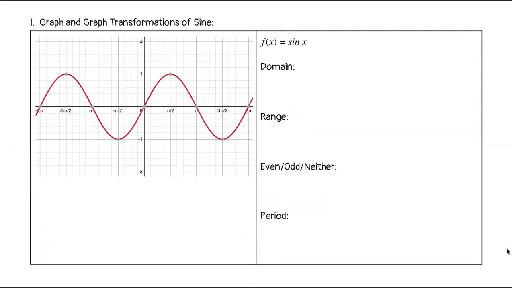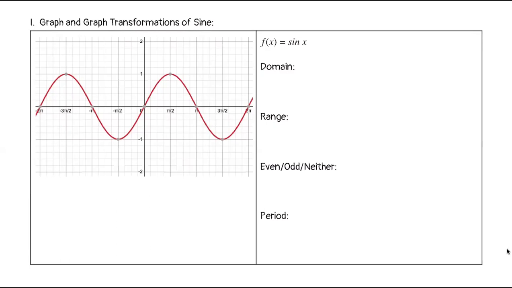So here we have a graph of sine. If I put sine x into Desmos or any graphing tool, I should get a picture kind of like this. We'll talk about what things we might need to be careful about to make sure our graph looks like this and not just a straight line, because I bet if some of you are graphing right now, you might end up with a straight line. So based on this picture,